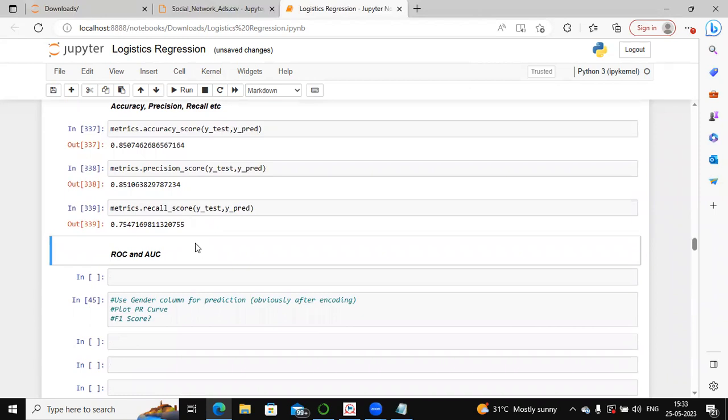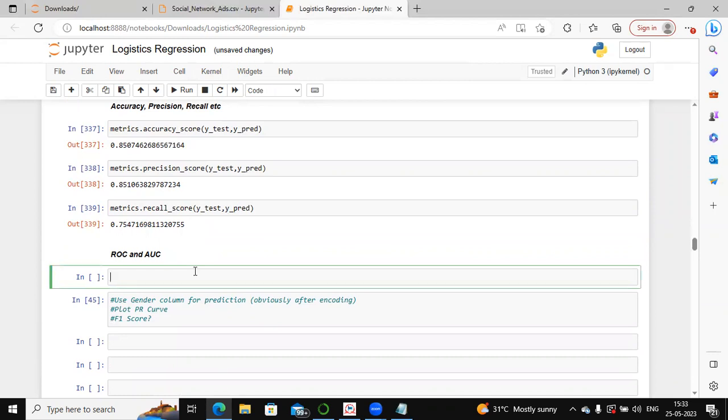I hope you understood. Now let's draw the ROC and AUC curve. AUC is nothing but the area under the curve, and ROC is receiver operating characteristics. So we are going to draw the receiver operating characteristic curve. Before that, we need y prediction probability, which can be found out using the model logistic regression